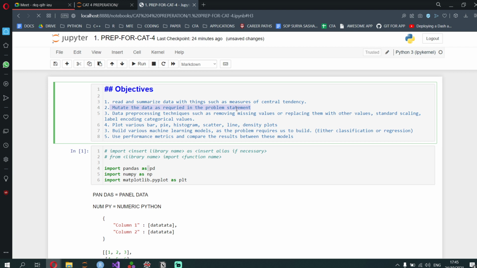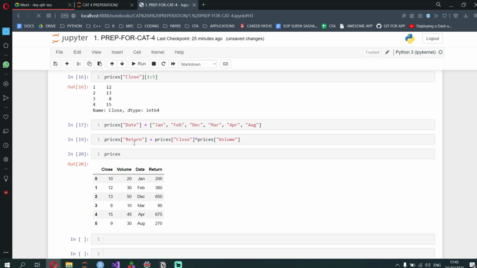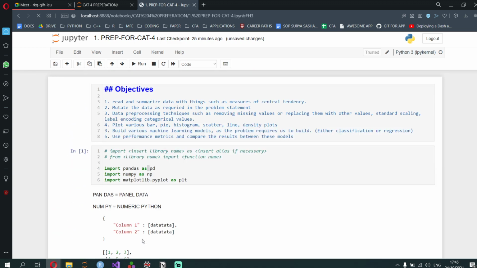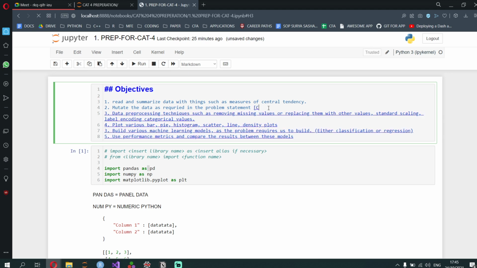They'll give the BMI formula, and they'll ask you to add another column called BMI. For that, you need to put prices of BMI, or rather data frame of BMI is equal to data frame of weight into something plus there's a formula for BMI. I don't know, man. Okay, clearly I don't know. But otherwise that's it with respect to the second point alone. So we finished the second point. So let me just put done.